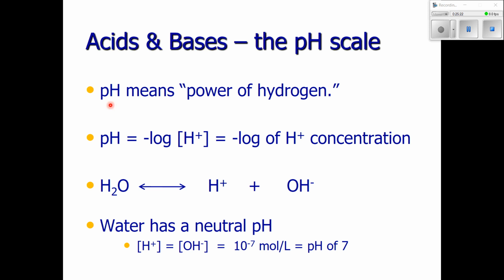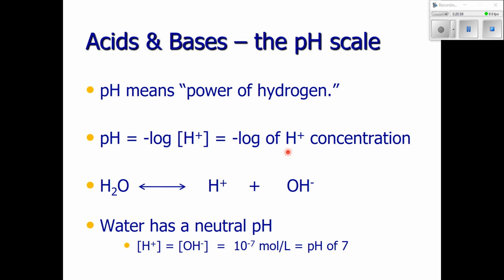pH literally means power of hydrogen. The pH of any substance is, now this is crazy, the negative log of hydrogen ion, this is hydrogen with a positive charge, hydrogen ion concentration. pH is the negative log of hydrogen ion concentration. Well, what does that mean? Well, you don't have to worry too much about what that means,